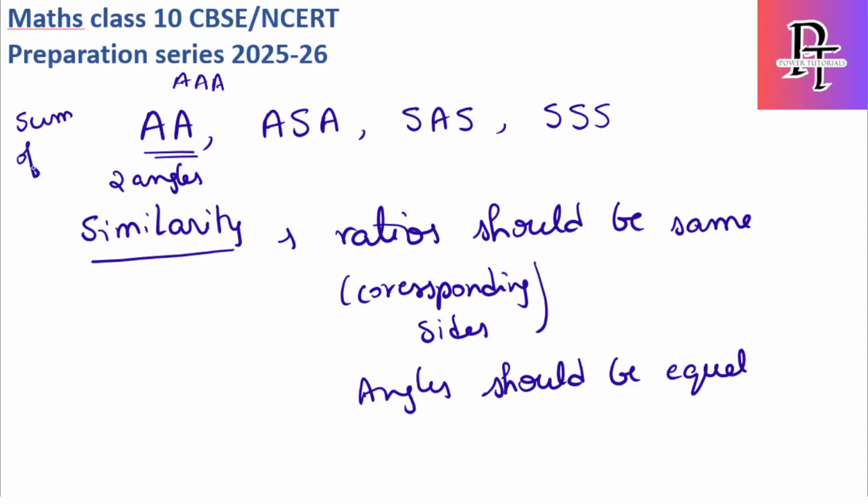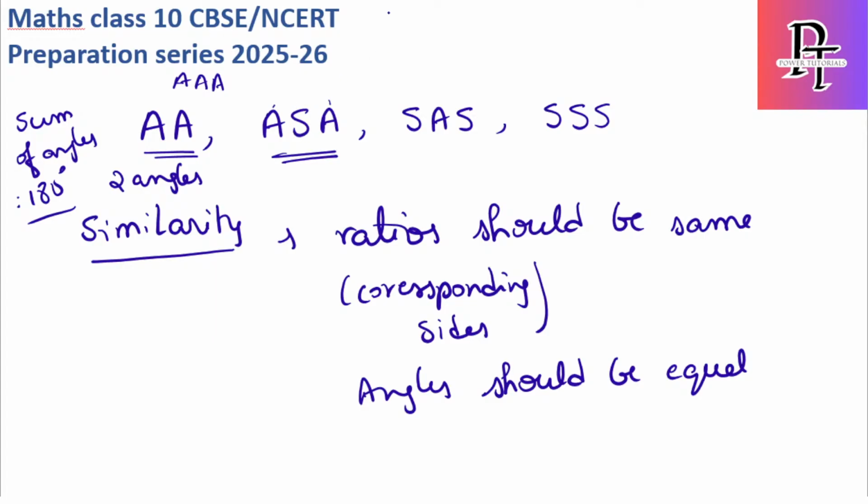The sum of angles of any triangle is always equal to 180 degrees. If two angles are equal, then simply the other angle will also be equal. Hence, AA or AAA is a similarity property where two angles of the triangles are equal. What is ASA? The word itself says that two angles should be equal and the corresponding side should be